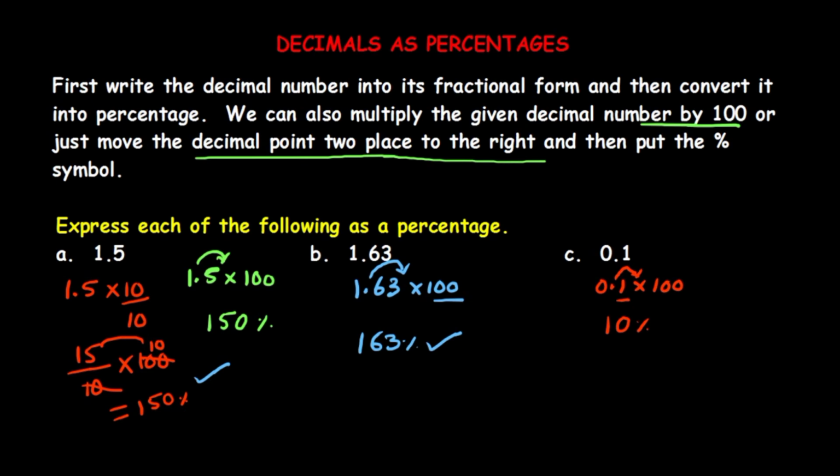If you want to do in the first model, that is converting into fraction first. So let us discuss that model also. And what's the process? This 0.1, we should multiply first 10 by 10. Then you will get 1 divided by 10. After this you multiply by 100 to convert into fraction. So 10 ones, 10 tens get cancelled. So 1 into 10 is equal to 10%. This is one type of model, right? So this is the process converting decimals as percentage.